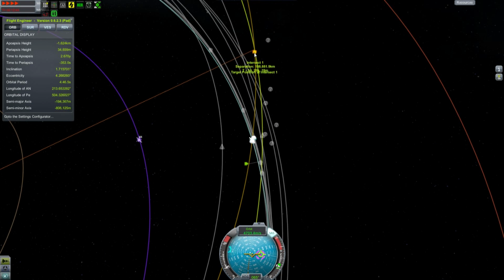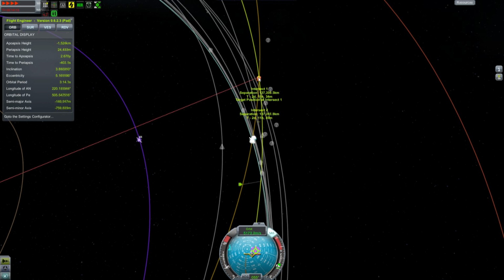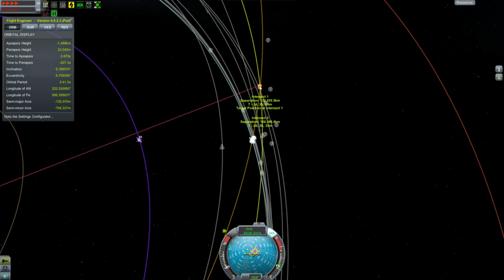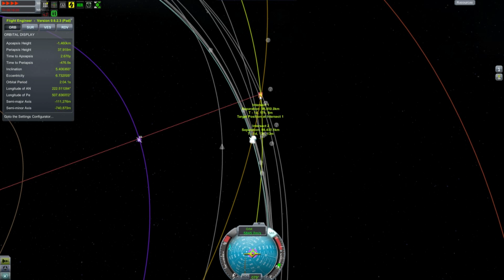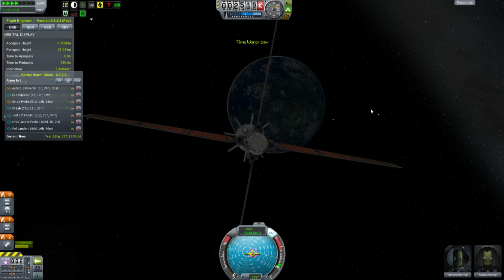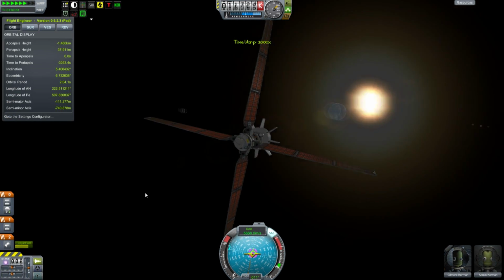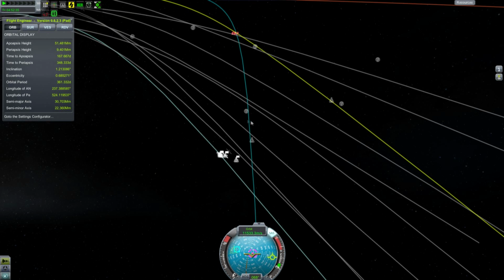The game still has some odd bugs in regards to the relative velocity vectors, so I'm going to have to get into deep space first. You see I'm just pointing the spacecraft roughly where I think it should be and then accelerating towards it, and it tells me that the close encounter will be 100,000 kilometers. But of course I time accelerate out beyond the limits of the Moon and Minmus and into deep space, and now I can actually switch to target velocity mode and start to correct these things, start to bring me closer to the target so I'll fly by and be able to rendezvous with it,